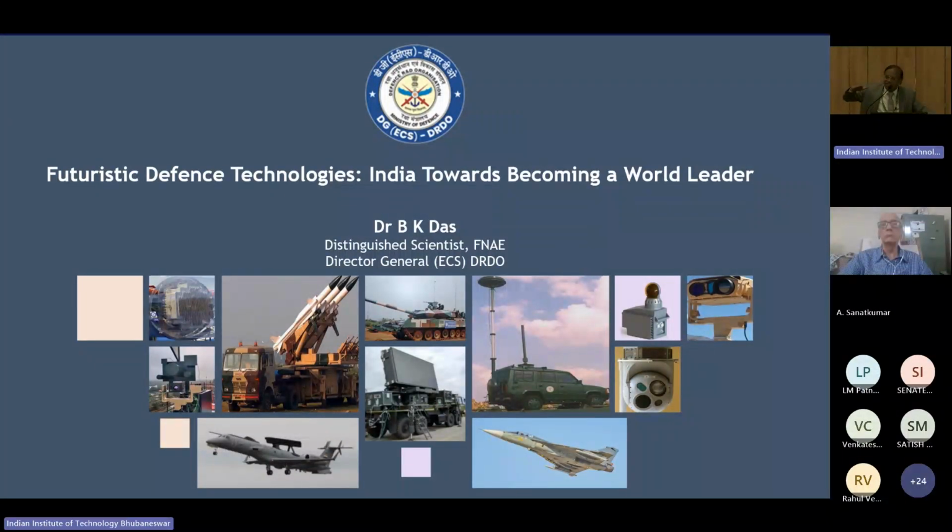Imagine the Su-30 is releasing, the cold launch has happened. Imagine for a moment that the ignition does not happen. Then what happens? The entire BrahMos falls on the ground and it's an explosion. And second, if it ignites and goes up while the Su-30 is crossing, you are imagining that situation. So what a criticality we handled.